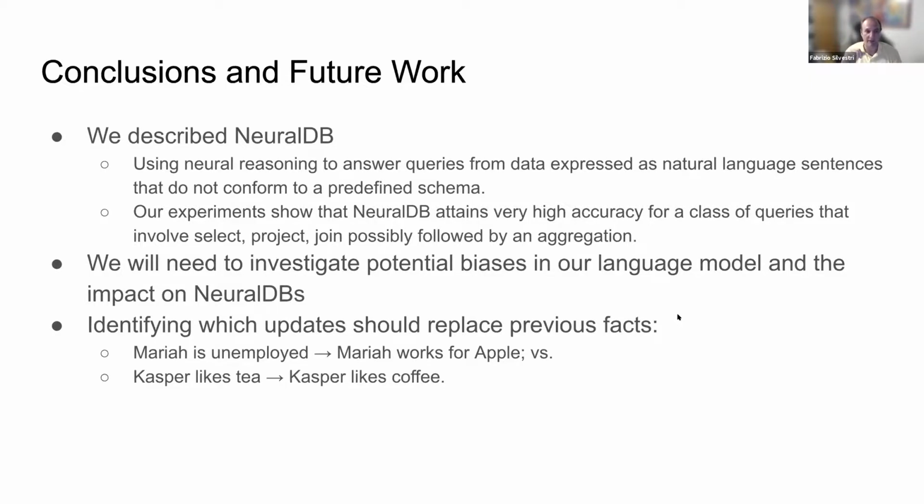But instead, if you have a fact like Casper likes tea, and then you subsequently add a fact like Casper likes coffee, these two things are not in contradiction with each other. So if you want to know which kind of beverages Casper likes, he likes both tea and coffee. And that's it from me. And I'm really looking forward to your questions.